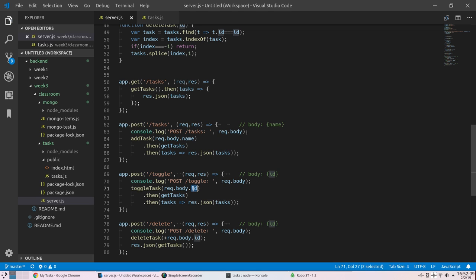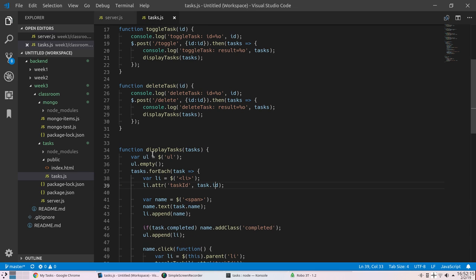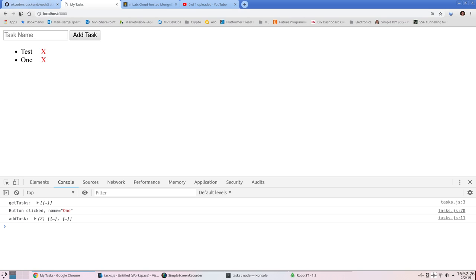So, let's go ahead and change our front end to pass us the actual underscore ID, because right now, if we look at our display tasks, when it creates the task ID attribute on each LI element, it's using task.id. So all we need to do is change this to just underscore ID. So now if we refresh our front end,